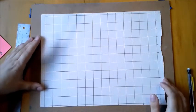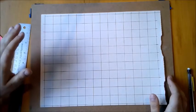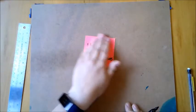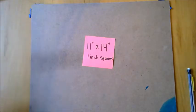So we're going to switch gears and start talking about our other side. So we're going to switch over right here. And I'm actually going to use a Sharpie marker for this so you actually can see what's happening. So what makes this one a little bit different is that we are going to be using inches instead of centimeters. So switching gears,